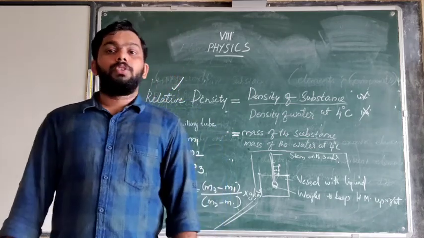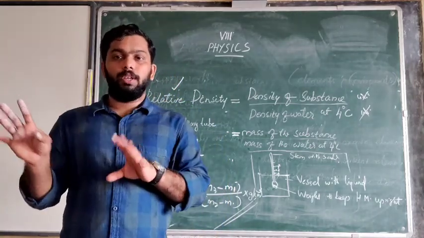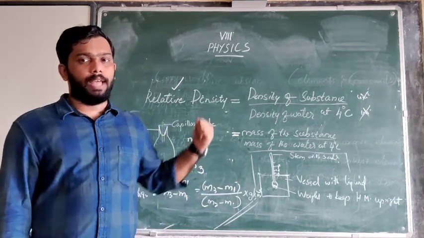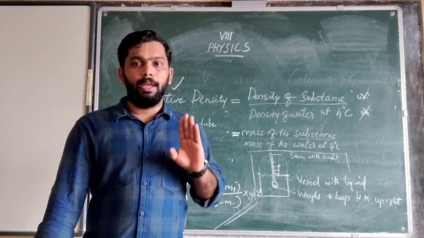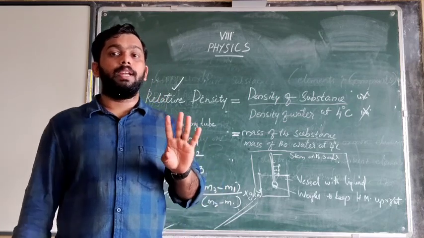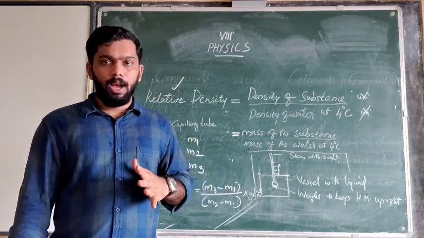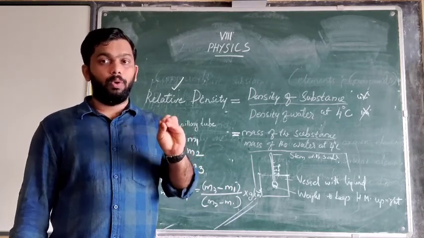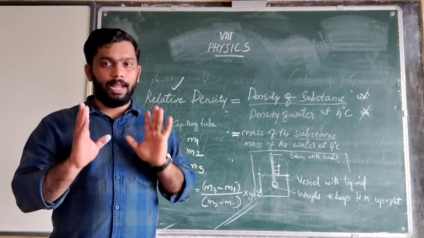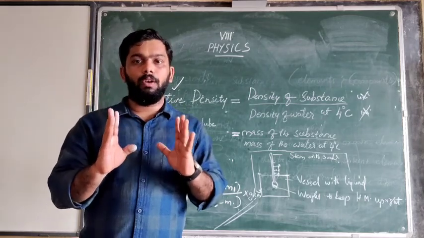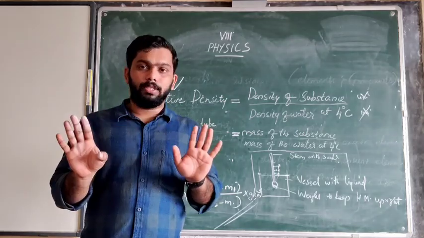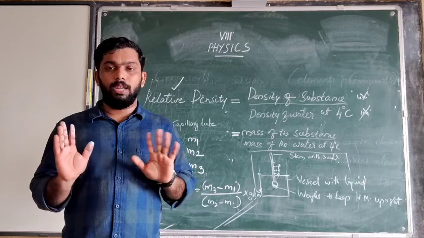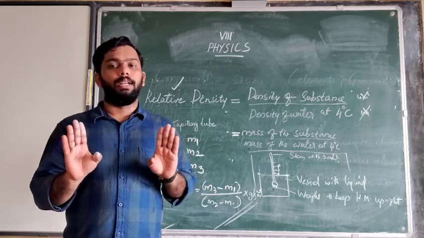So you may go to the study questions related to this part. Maybe read this part 3-4 times from your textbook and understand it very well. If there is any doubt, you can message me or call me, clear your doubt, and write the answers on your own in your copy. We are science students, we have the ability to find out the answers. All the answers are given in the textbook, and if there is any doubt, you can call me or send me a message on WhatsApp. We will clear the doubt.